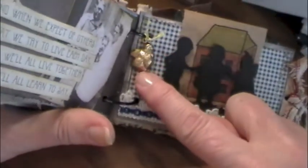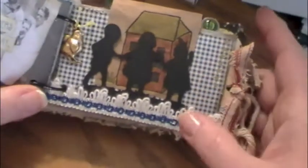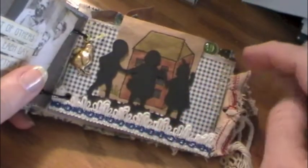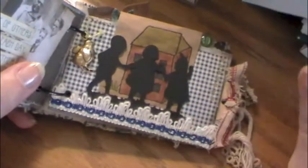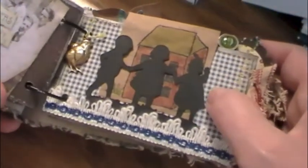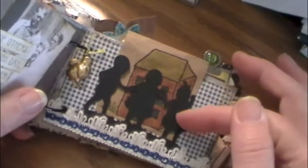And that's a little chicken from Red Lead. Some vintage trim that I found when we go to Hopkins, which is on the other side of Minneapolis. They have the best antique malls and stores there. So there's one store that I hit the first thing when we get there because there's a lady there that has tons of lace and trims and fabrics. It's so cool. This paper is from the Americana Cane Company, and this is from G45 again. And then that's just a little picture I made, and another cut from the Forever Young, and then another little